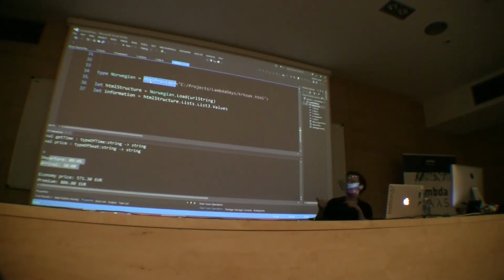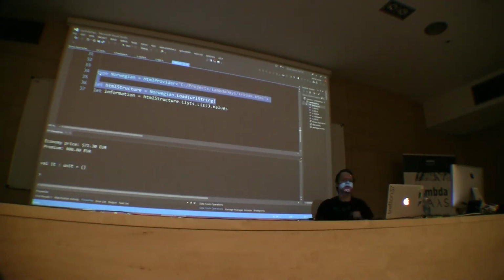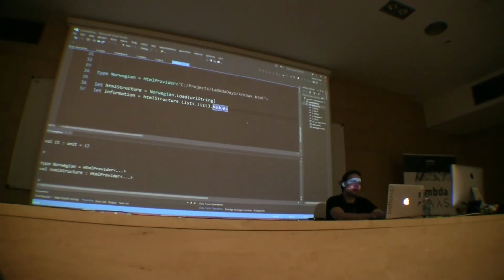So I saved one of the result pages to get the HTML structure. So now when I'm loading this type provider in these lines, it will give type information about the structure of this website. So now I can do something like that.